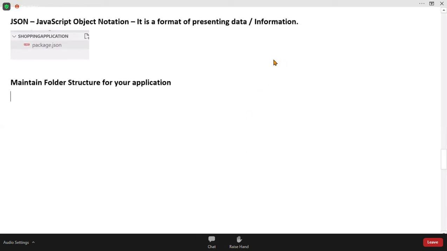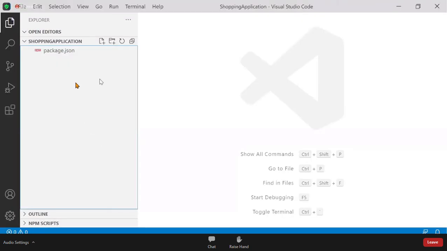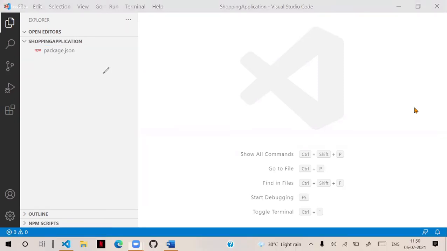Observe carefully here. To maintain the folder structure, you can observe at the top. In this, you can see we have the project related options. Here you will find options: New folder and new file buttons are there.